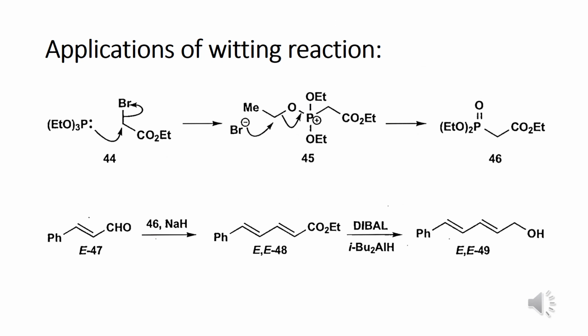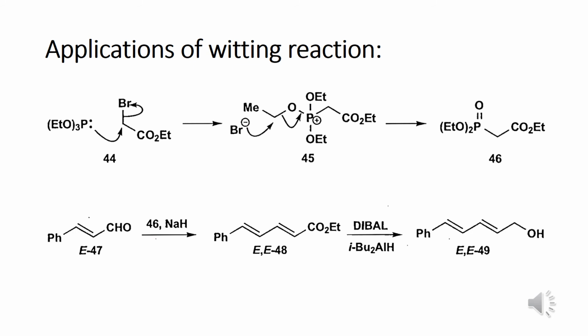When the substituent becomes very anion stabilizing, as you can find here in structure 42, the ylide may not react with ketones, and anions of phosphonate esters are usually preferred in the Horner-Wadsworth-Emmons, that is HWE, variant. The reagent triethyl phosphonoacetate, that is structure 46, is made by combining a